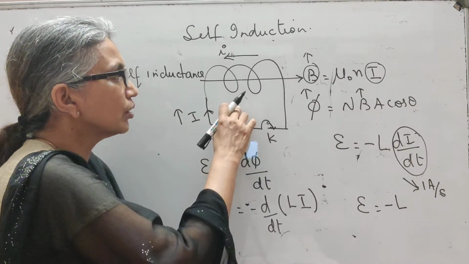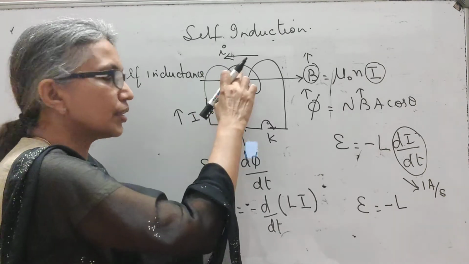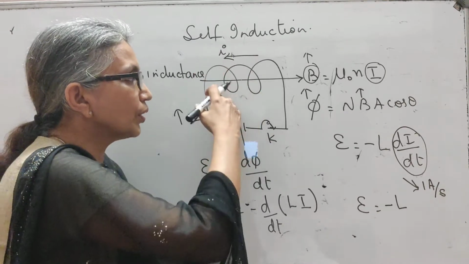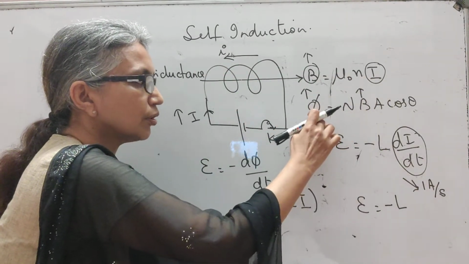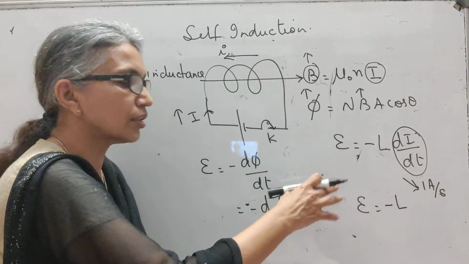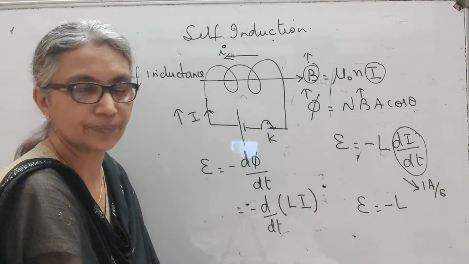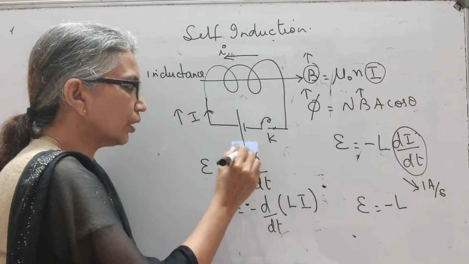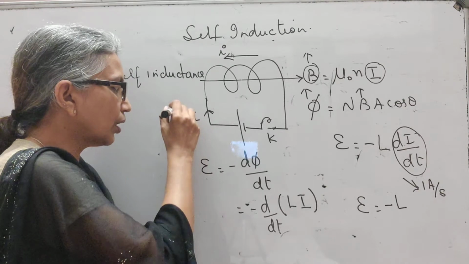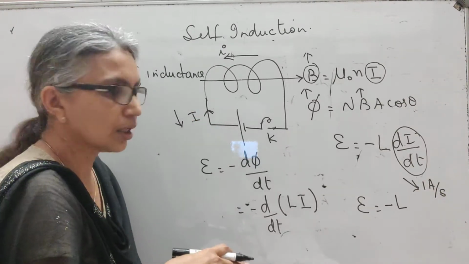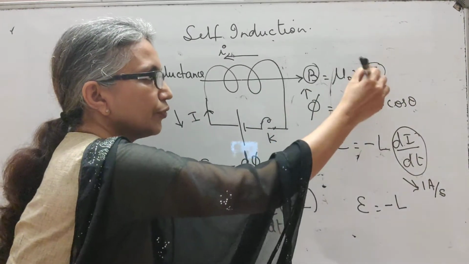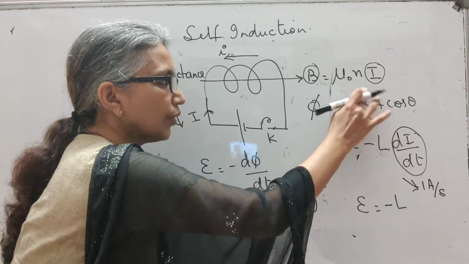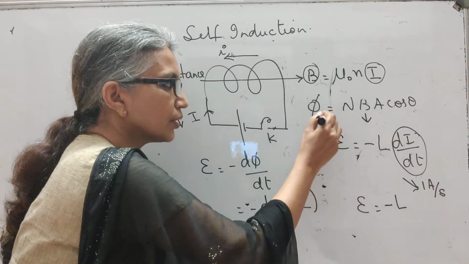Now, let me go back to this. I told you, if the main current is increasing, the induced current must flow in the opposite direction, so that the net current will reduce, and if the net current reduces, the flux will reduce. So, your induced current is opposing the increase in flux. Now, suppose I open the key. When I open the key, immediately the main current in the circuit will reduce. When the main current reduces, the magnetic field B will reduce, and therefore as B reduces, the flux is now reducing.